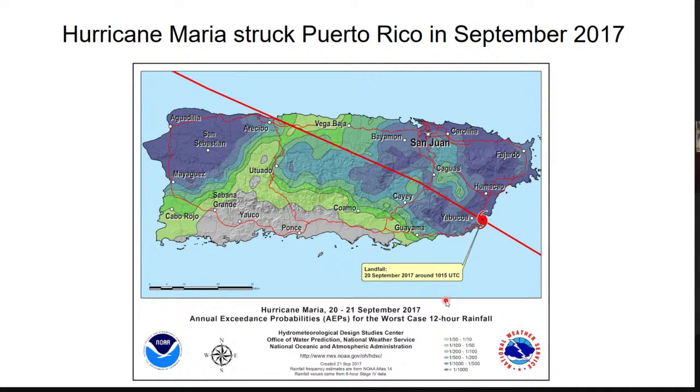Because of the delayed response, a lot of regions experienced a long-term shortage of critical life resources and loss of electricity, and I think a lot of physical and mental disasters to the Puerto Rican people. The expected death toll ranges from 3,000 to 5,000. It's very unfortunate for such a devastating disaster, but it's fortunate that the researchers on the island